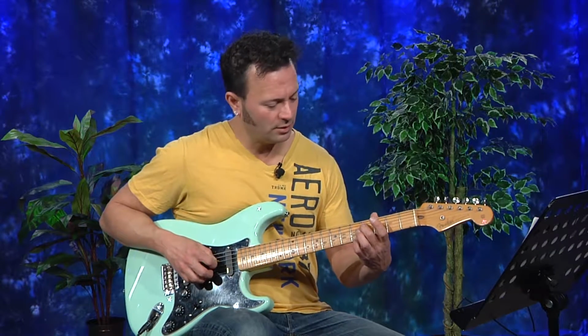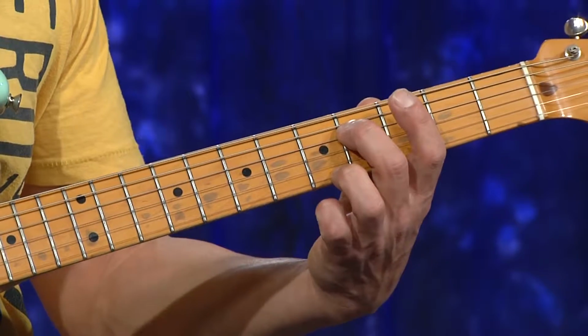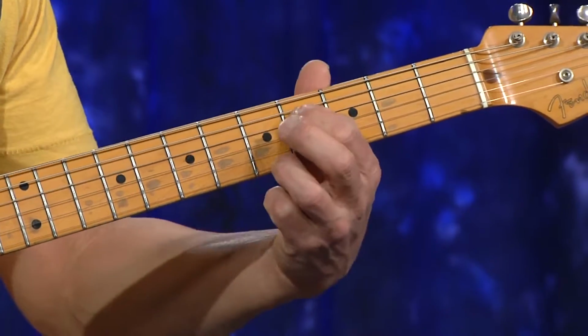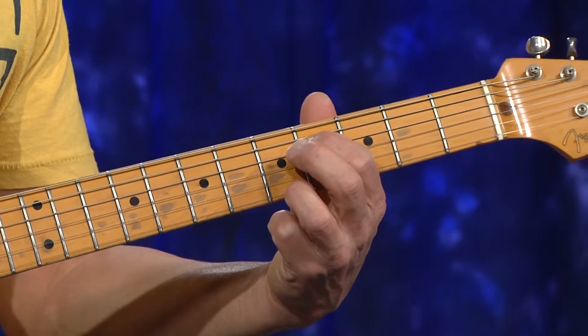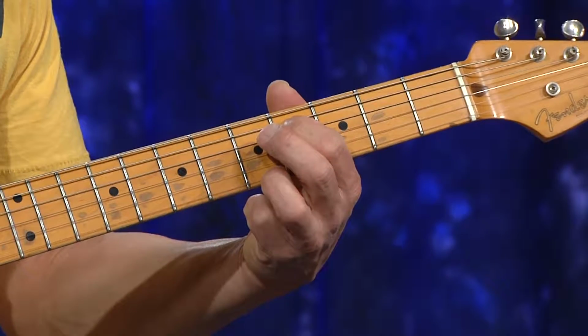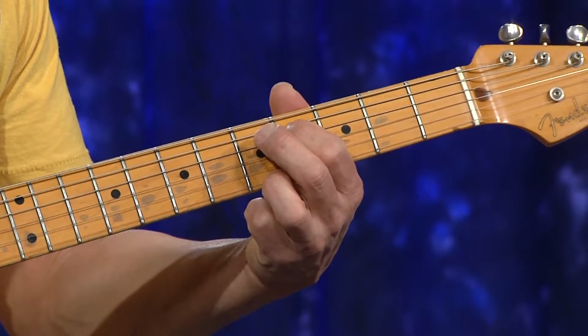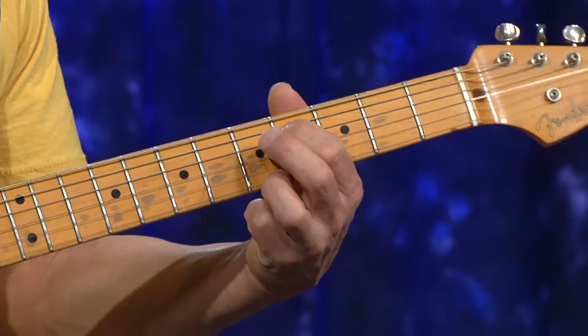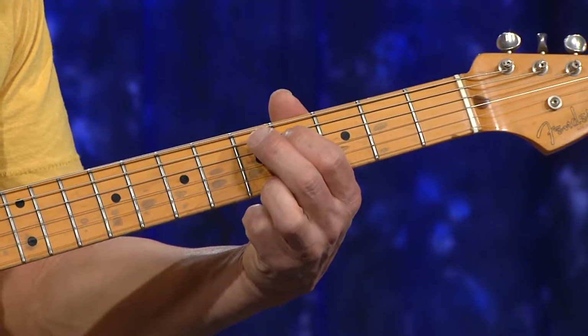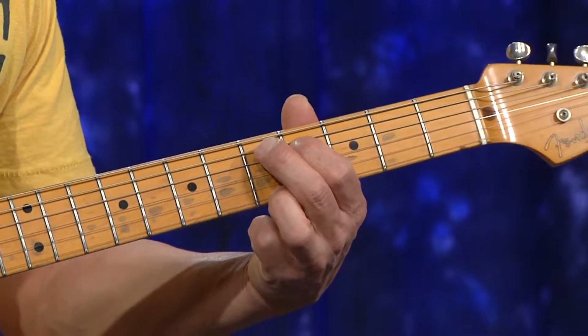And measure 13, you're going to have your third finger on the 5th fret, 1st string, and your first finger on the 4th fret, 4th string, and you're going to strike with your picking hand the 1st, 2nd, and 4th string. Now, notice again, I'm using the pick to strike the 4th string, and using the 2nd and 3rd to strike the 2nd and 1st string. So once again,